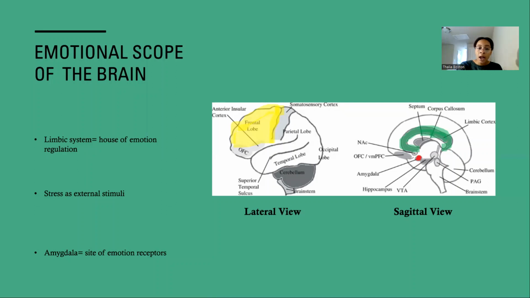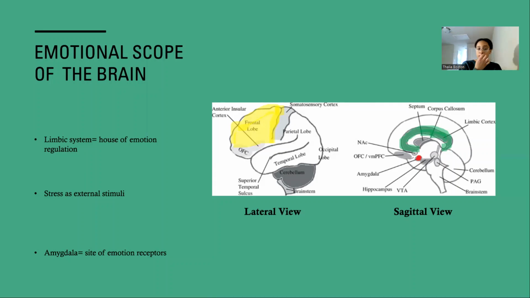And so right here, I wanted to highlight the frontal lobe. The frontal lobe is in charge of emotional processes, which again is linked to the limbic system, and decision-making skills. So as you can predict, that does relate to anxious behavior, because when you're under stressful conditions, you can't really make logical or abstract decisions. And I also wanted to highlight the amygdala because it is also in charge of our response under stress. More specifically, it elicits a fear response, which I'll talk about in the next slide.